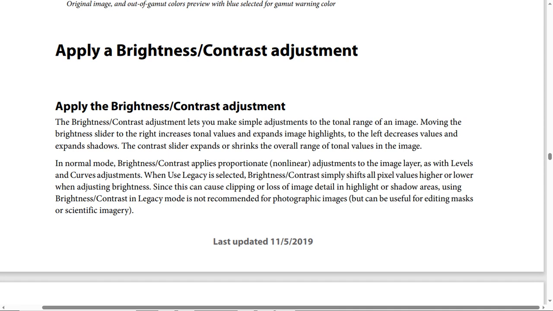The brightness and contrast adjustment lets you make simple adjustments to the tonal range of the image. Moving the brightness slider to the right increases tonal values and expands image highlights, and to the left decreases values and expands shadows. The contrast slider expands or shrinks the overall range of tonal values in the image. In normal mode, brightness or contrast applies proportionate